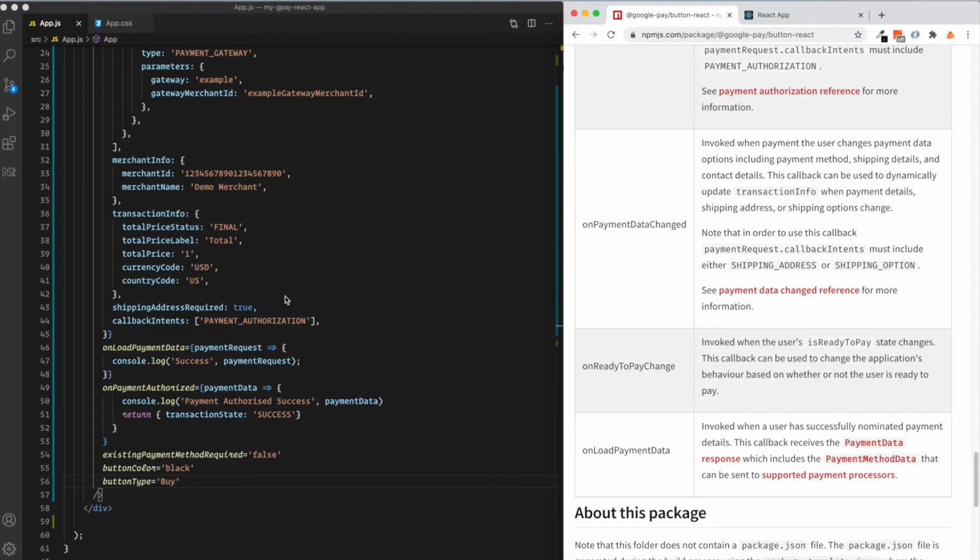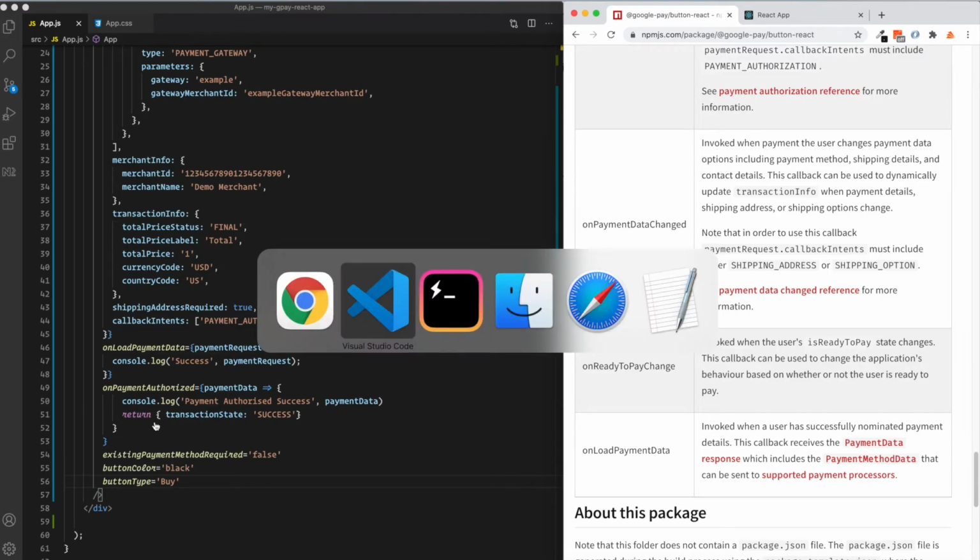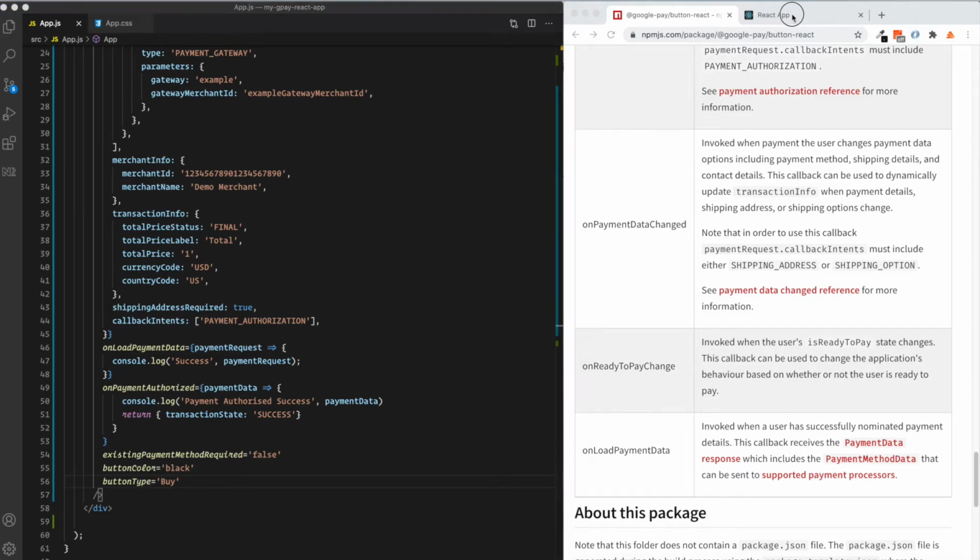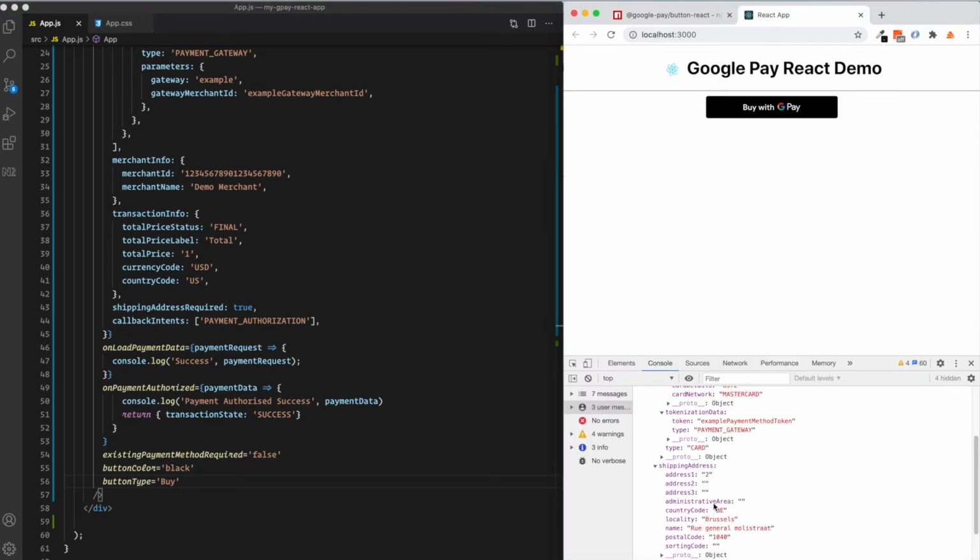Once we have this method in our code, we will be capturing this shipping address information and sending it back to the server. So let me quickly show you that onPaymentDataChanged method basically.